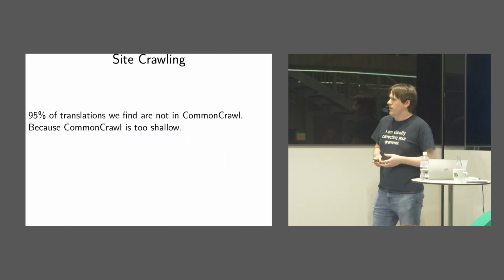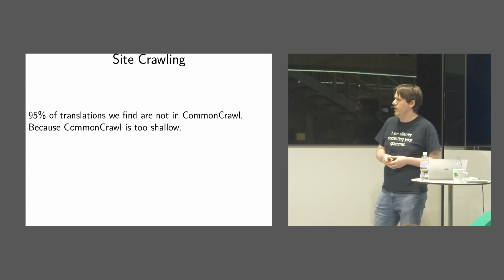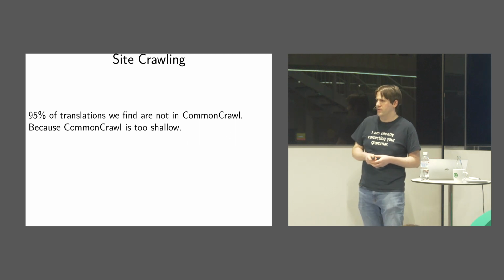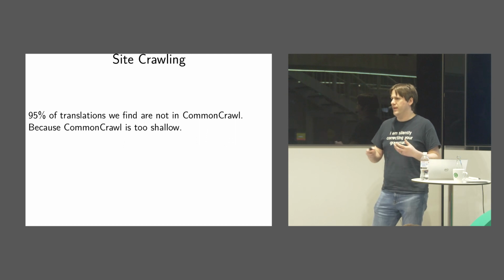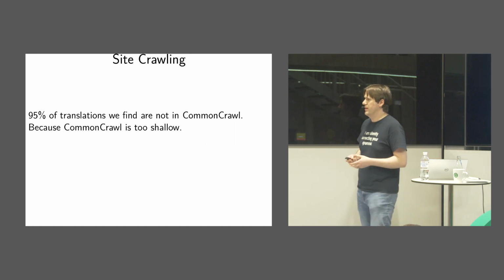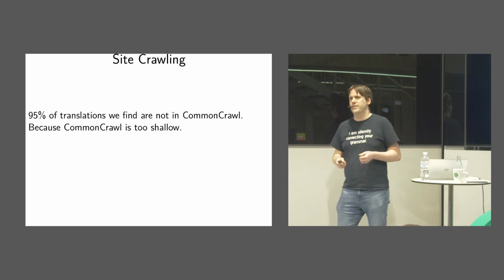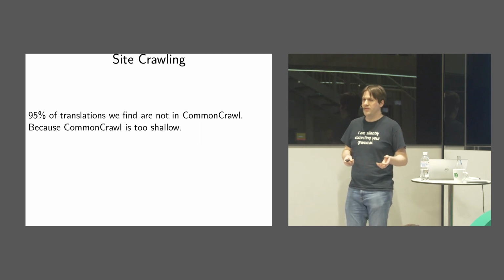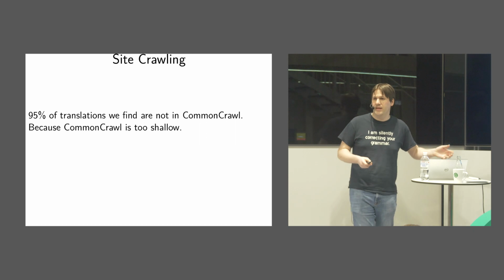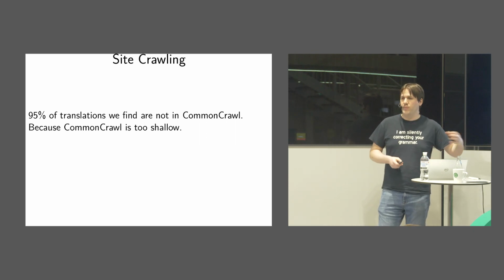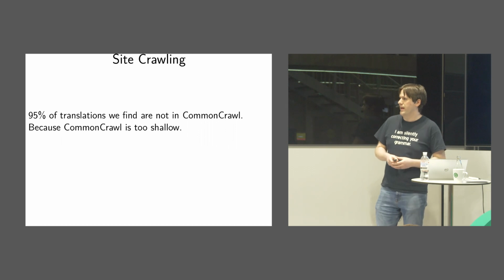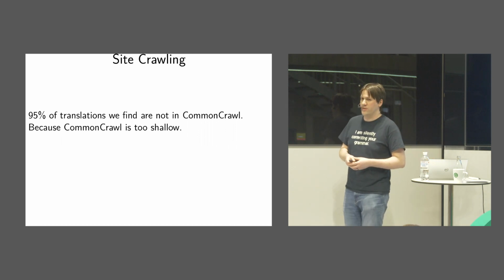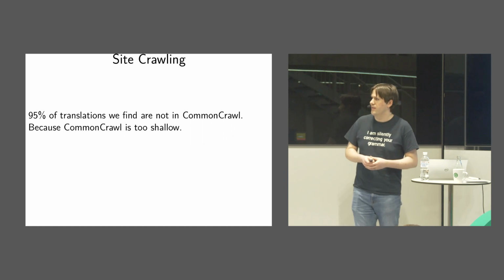So I talked about Common Crawl, and we checked a statistic on how many of our translations were actually pages that existed just in Common Crawl, and only 5% are in Common Crawl. The other 95% came from crawling that we did directly. And the reason for this is some sites are really big and have a lot of data. A canonical example is the United Nations has a lot of translated text on its website. So there's specific people crawling the United Nations, and actually the United Nations released their corpora, which was quite a good bureaucratic effort inside the UN.